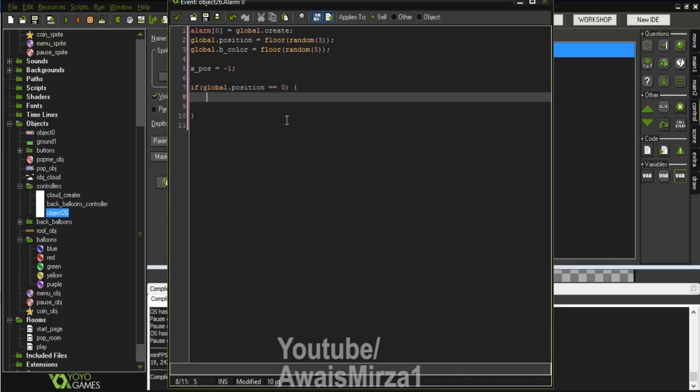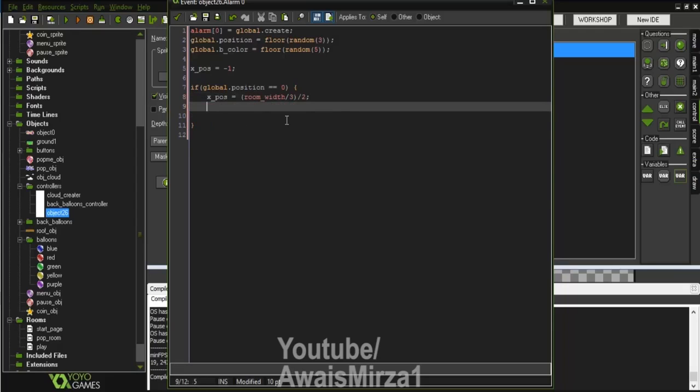So for that I can write x equals room_width, and to bring the balloons towards the left side I can divide it by 3. All right, and it will come towards the left side, but I want this balloon towards the left border of our screen. So for that I need to divide it by 2 again to bring it to the left border. All right, and after that I need to use a coin